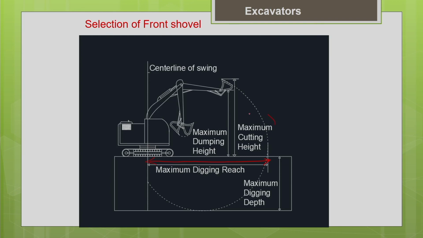And another thing is what is the maximum cutting height possible with the machine. So you can see what is the maximum cutting height, and this is the maximum dumping height. This information is important because accordingly you have to select the truck, because your truck and the shovel are interdependent machines. So the dimension of the shovel should be sufficient to reach the top of your truck so that it can dump the material. That is why we need to know the maximum dumping height with this machine. Based upon our requirements, you have to make the selection of the machine. This information I will be getting from the manufacturer.